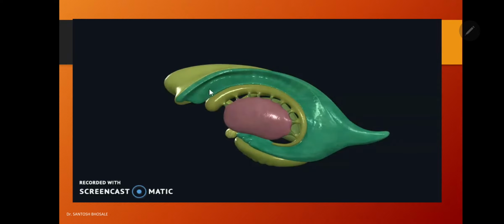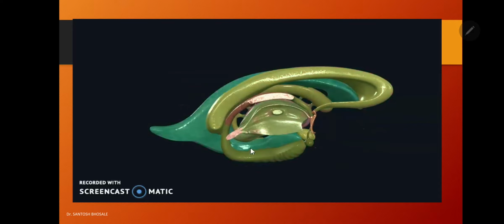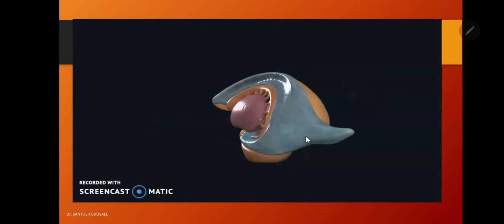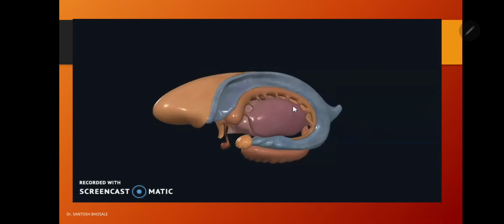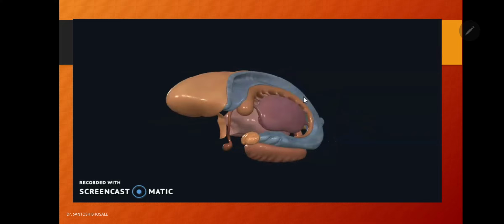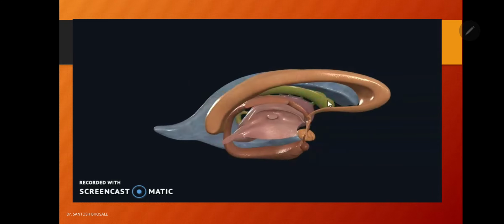And you can see the hippocampus lies in the floor of the inferior horn. You can notice there, the thalamus is also there in the floor of the lateral ventricle. Again, we will see the different parts and their different relations, but I am just giving you the entire gist of the relations here, so that you should be oriented to the relations that we discuss.